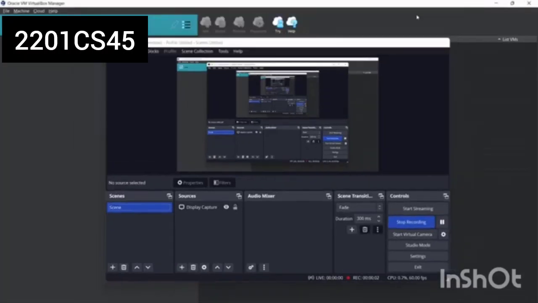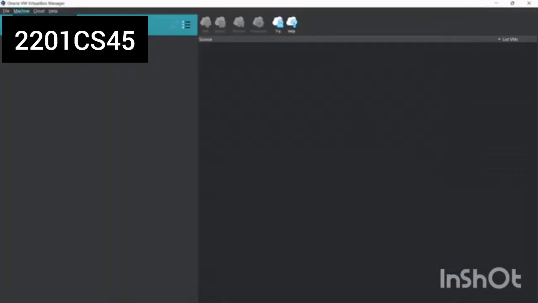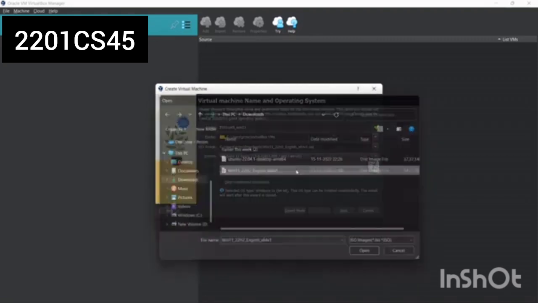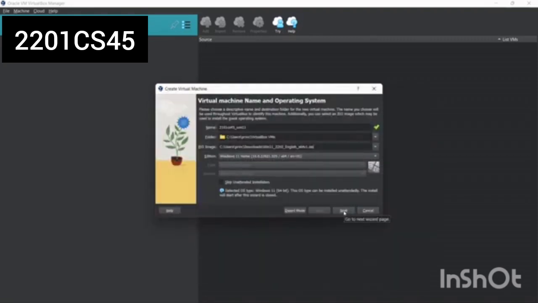So for dual boot, first you need to install Windows. So you go to machine, add a new machine, give it a name, and follow the same procedure that you do to install Windows. You give it a suitable name, then you upload the ISO image, then click on next,